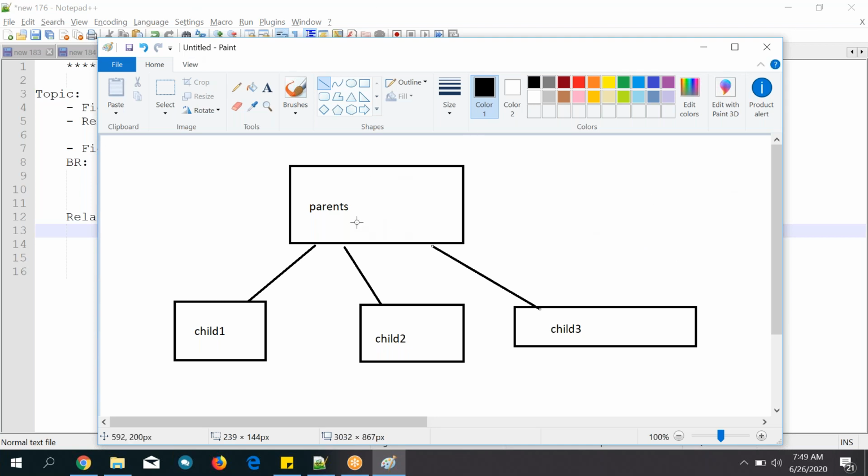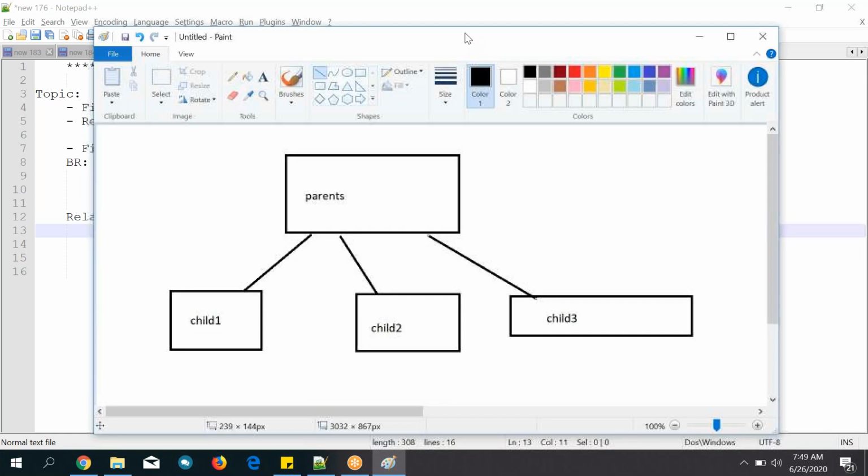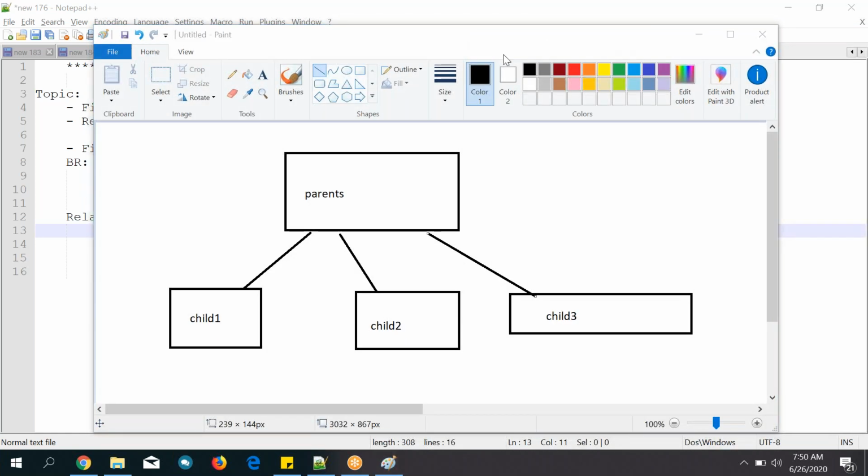Here, generally parents can control children, right? If any child is there and any person wants to call these children, they will call them with their parents' name. So this guy is the parent of this guy, I mean to say. Like that they will call, right? So same way